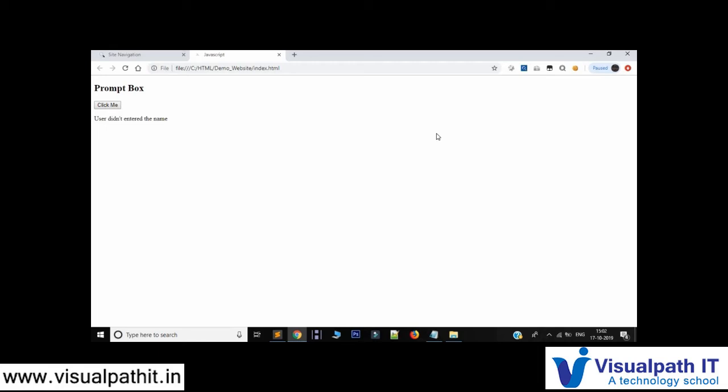User didn't enter the name. What is happening here? We are not saying true or false, but we are just seeing whether there is any input over here. If the input is there and you are clicking on OK, or cancel, then also it will show user didn't enter the name. That means you gave the name, but in the middle your mind changed, you didn't want to give the name, and you are clicking on cancel. Cancel as well as an empty input will both get the same output, user didn't enter the name.